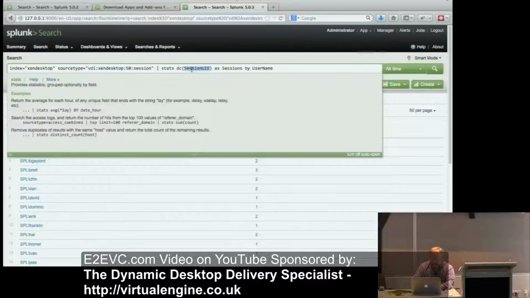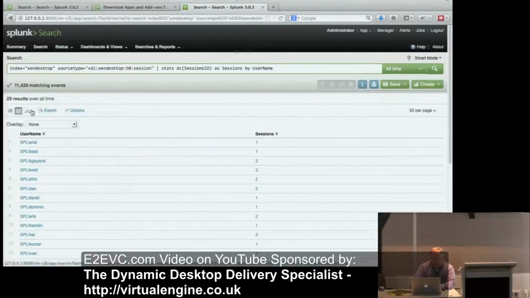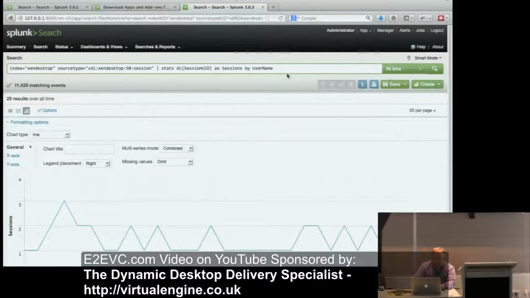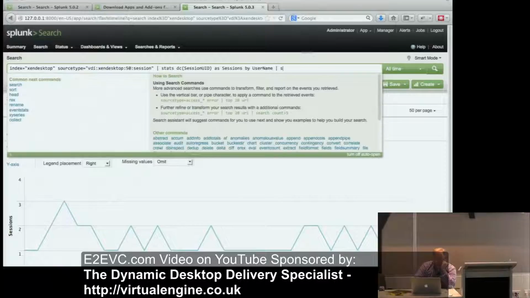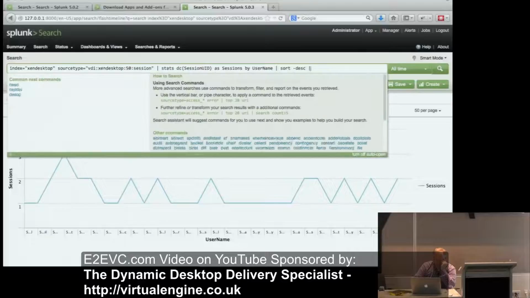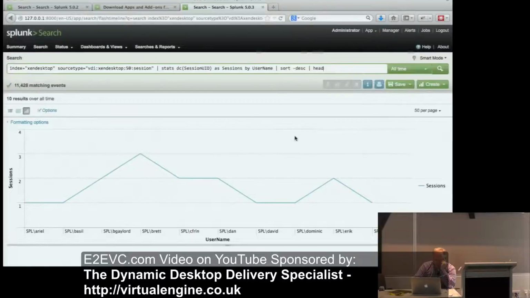Let's do head again. Sort descending just says I only want the bottom or the top. Yep, and there we go. Head 10, and head's only going to give me the top 10 or top set of them. Obviously I don't like that, so you can do an area graph, I can do a bar graph. That looks better. Yes, this guy's got 2.75. No, it's actually 3, but it's just funny.